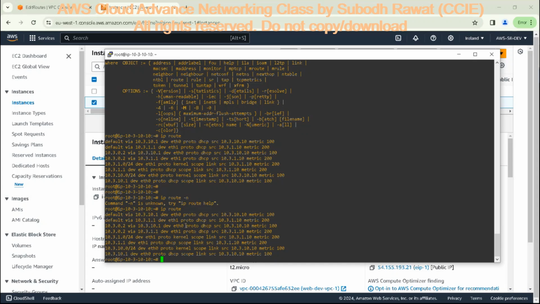So you see there are two default gateways. This is also a default gateway, this is also a default gateway. But you see that this has a metric value of 200. You know that from Cisco, lower metric wins. So this one has 100, so it will always go out via this one to reach the internet. Okay. So now let's configure